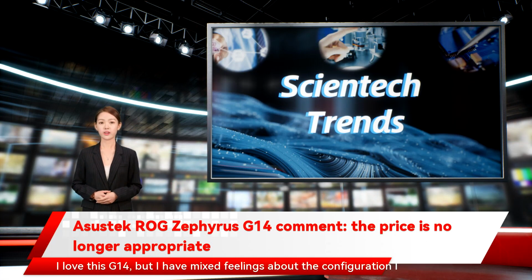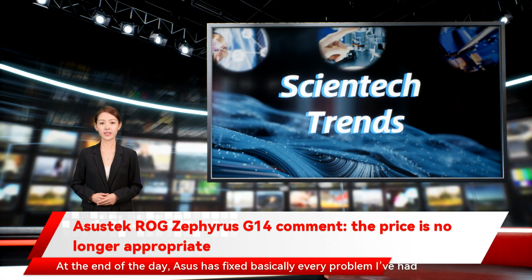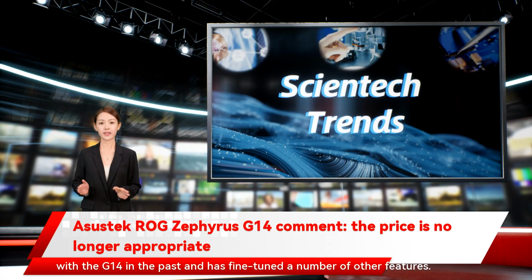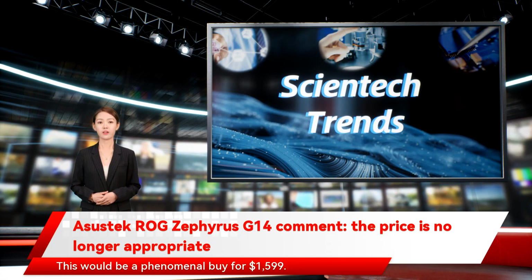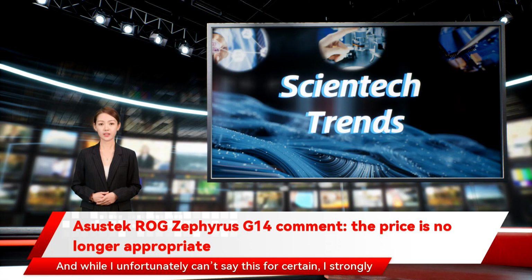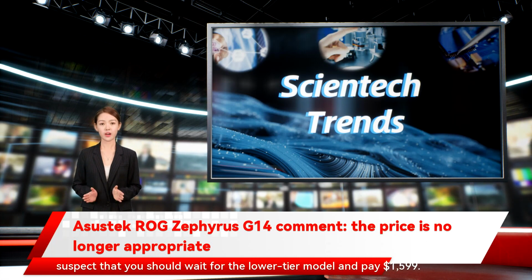I love this G14, but I have mixed feelings about the configuration I got. At the end of the day, Asus has fixed basically every problem I've had with the G14 in the past and has fine-tuned a number of other features. This would be a phenomenal buy for $1,599, and while I unfortunately can't say this for certain, I strongly suspect that you should wait for the lower tier model and pay